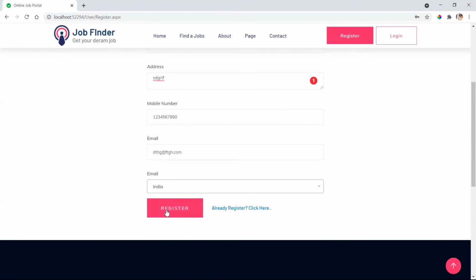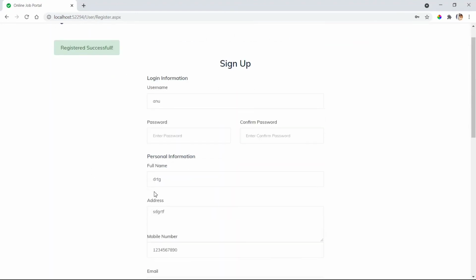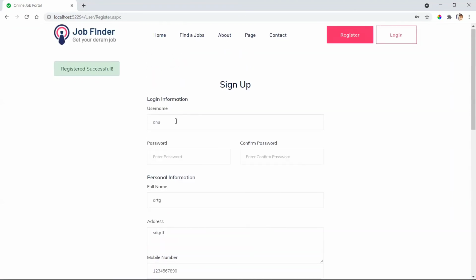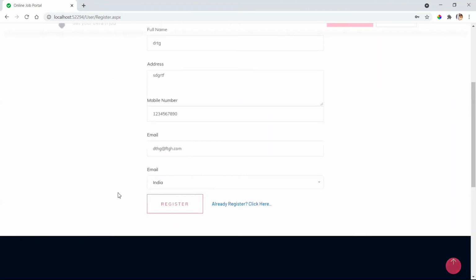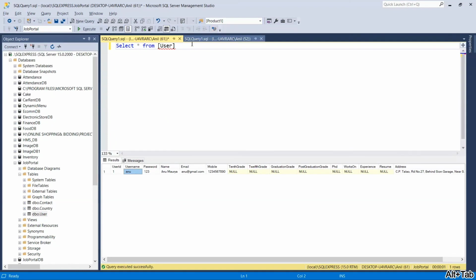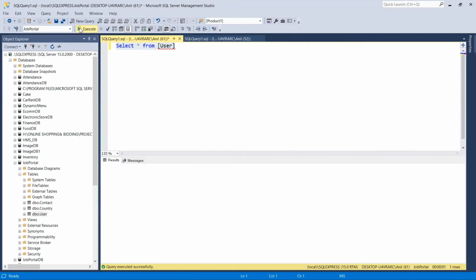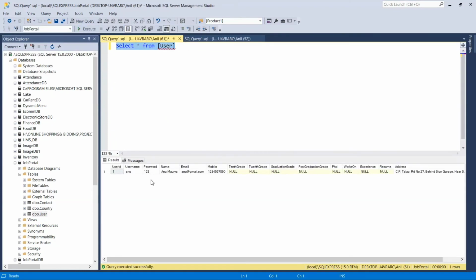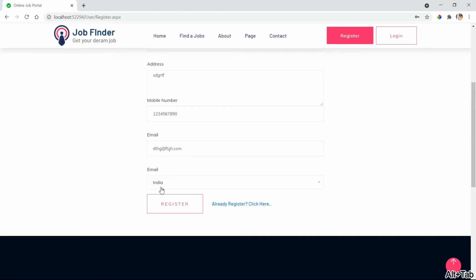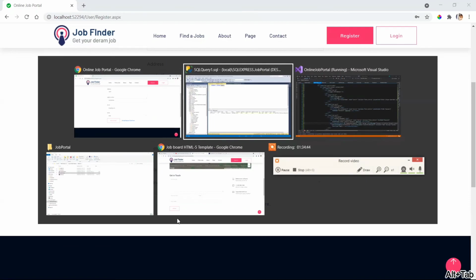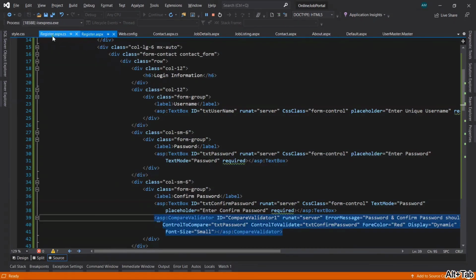Register it. It says registered. Was that possible? Let's check. No, it has not been registered here. Only one record is there, and there is no second record. Let's debug it, then we'll come to know what is going on.